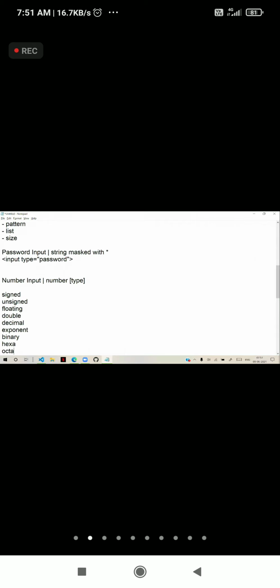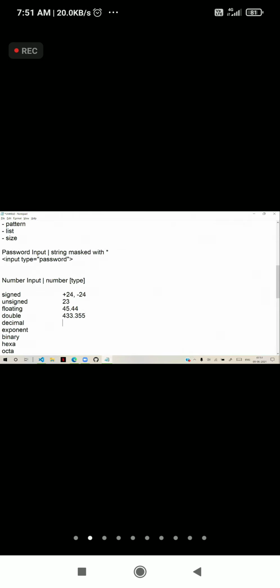Actually, signed integers means signed means a symbol, plus 24 like that. Unsigned means without sign, plus 24, minus 24. These are signed. Unsigned means only positives. Floating point means you can have a fraction. Double means lengthy fractions, more than 3 characters, that is double.